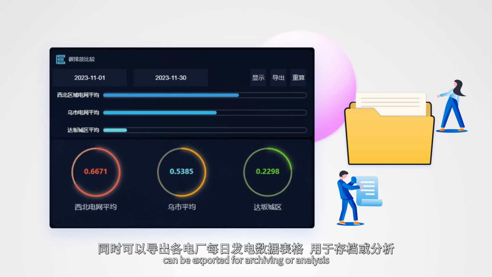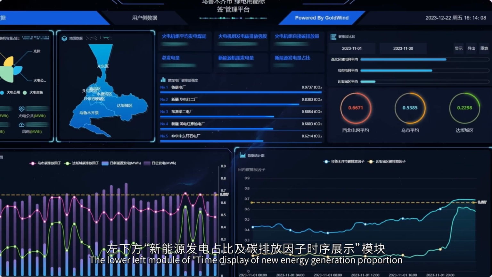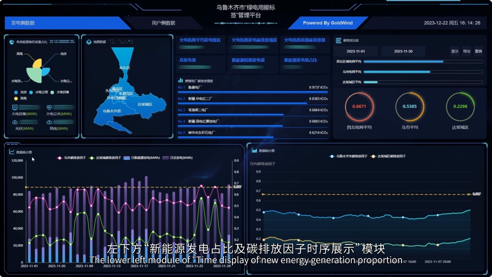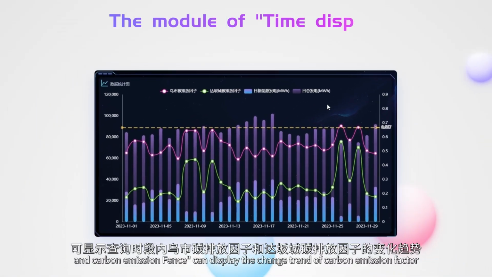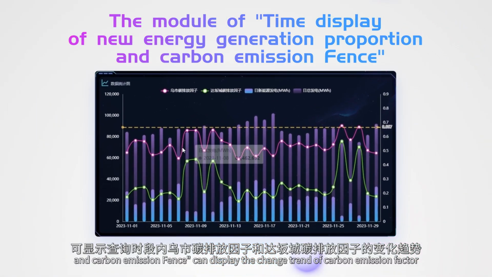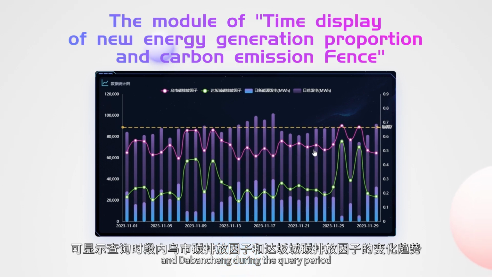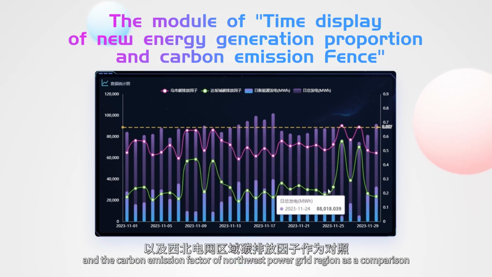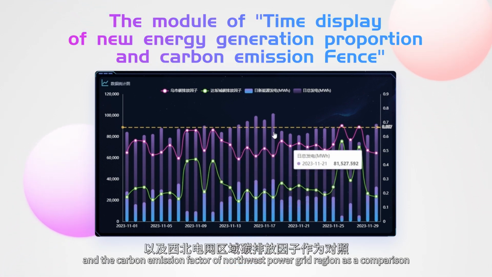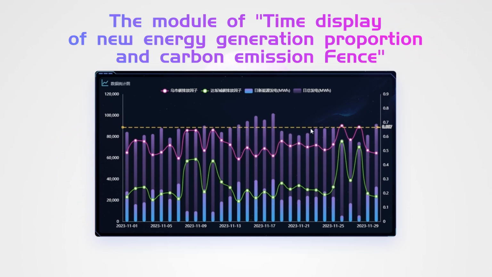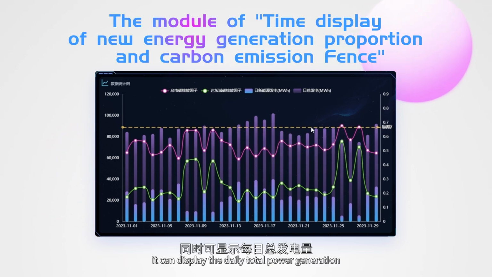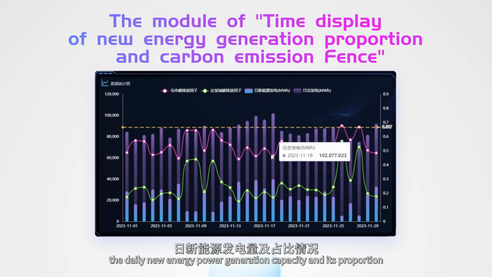The lower left module of time display of new energy generation proportion and the carbon emission factor can display the change trend of carbon emission factor in Daban City during the query period and the carbon emission factor of Northwest Power Grid region as a comparison. At the same time, it can display the daily total power generation, the daily new energy power generation capacity and